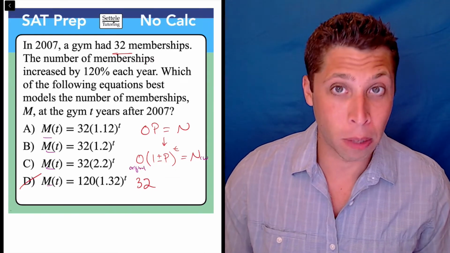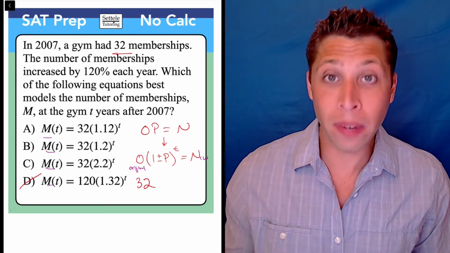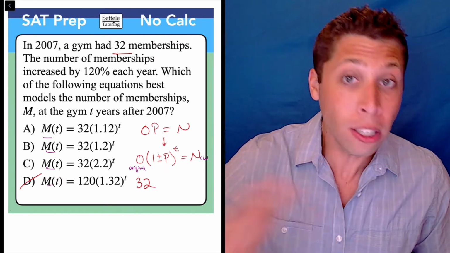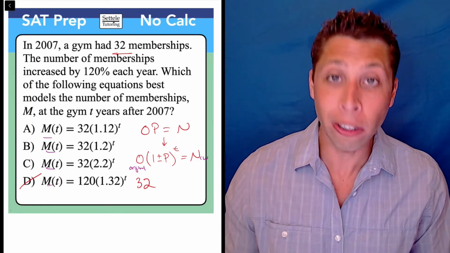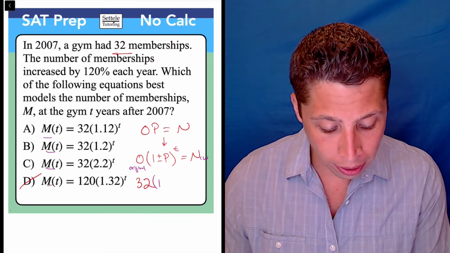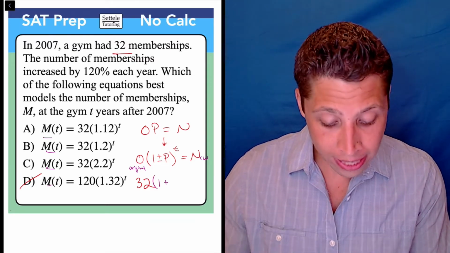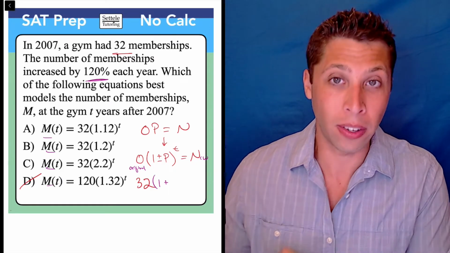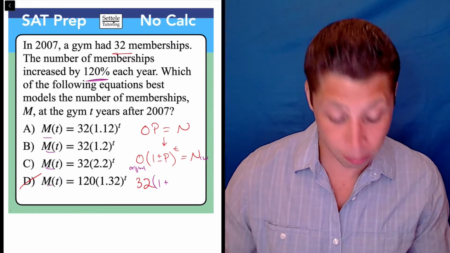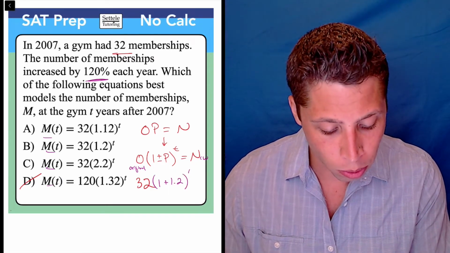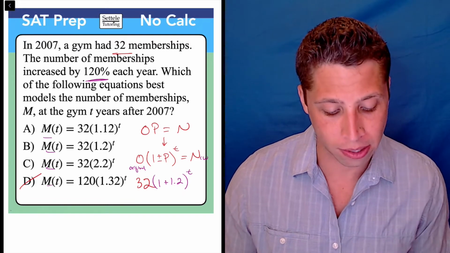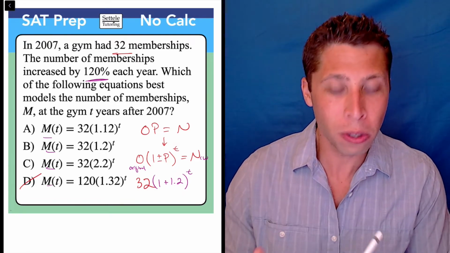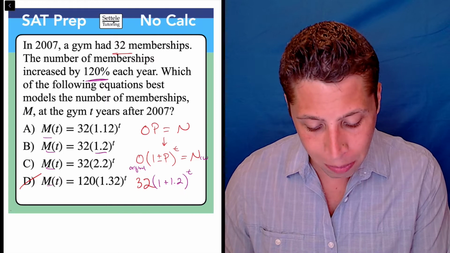The p stands for the percentage. Now, whenever we have an exponential, it's going to be a percentage increase or decrease. So just be very, very literal about this, right? So the 1 is still part of this, and then it tells us that it's an increase of 120%. So we write that as a decimal, so that's going to become 1.2, and the t is just the number of time that passes. So we see the 1.2 is in one of these answer choices, but that right there